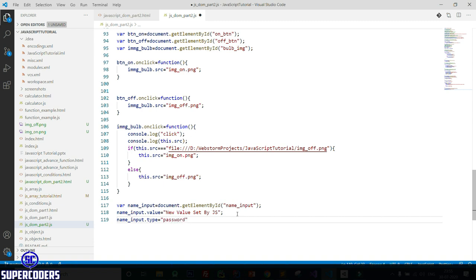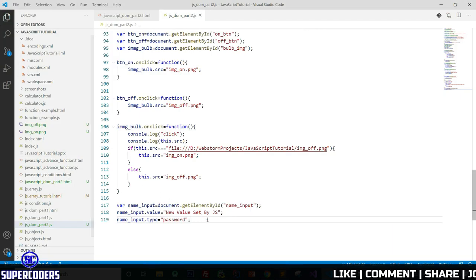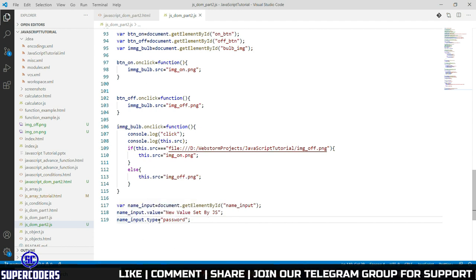So instead of text, it changes to a password input. Refresh, and you can see it's changed to password. So you can use this way for changing inputs, adding a class, changing properties of HTML elements. Like here you can see I changed the value, I changed the type of inputs.